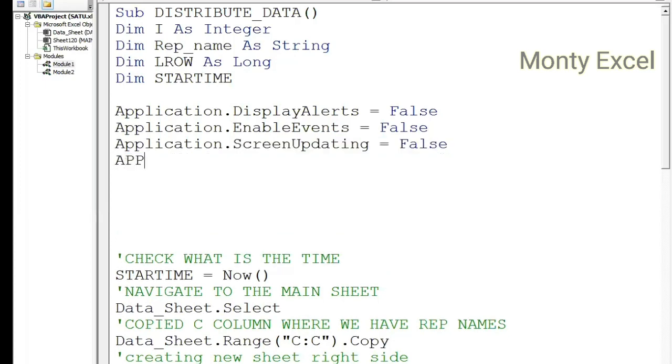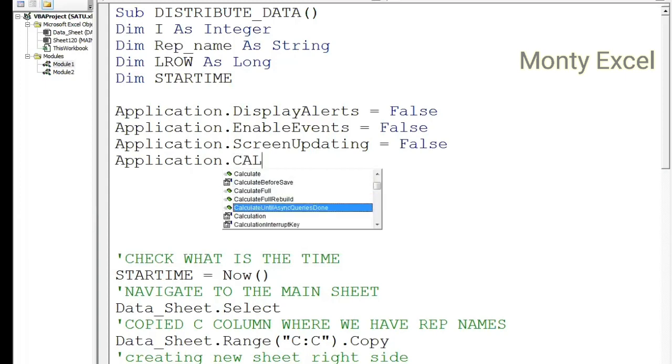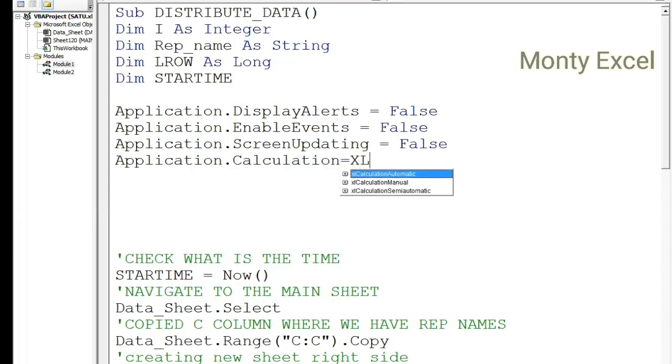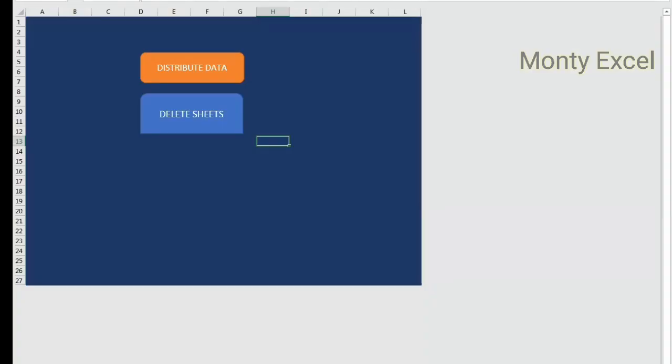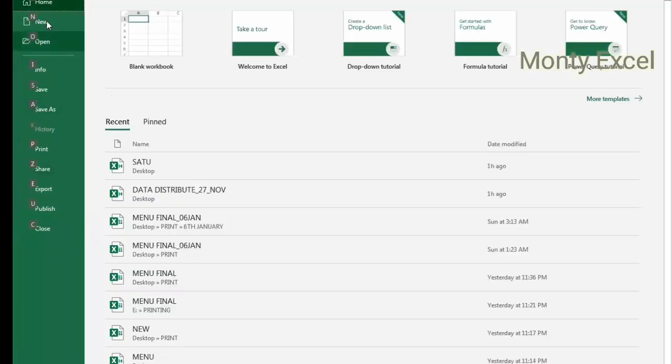And one more thing, I want to use Application.Calculation = xlCalculationManual. That means you might have observed in real situations, any workbook which consists of calculations, instead of manual, what is that option we have? If you go to Excel, we have two things, right? If you go to Excel options,